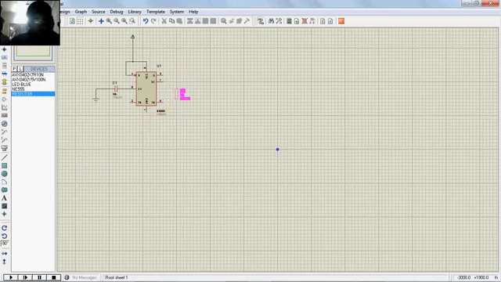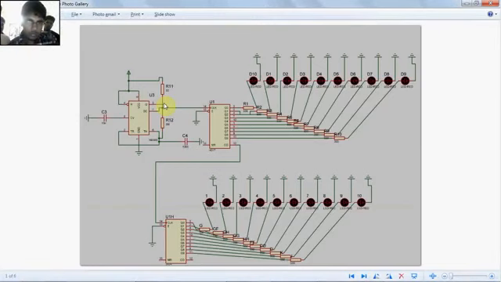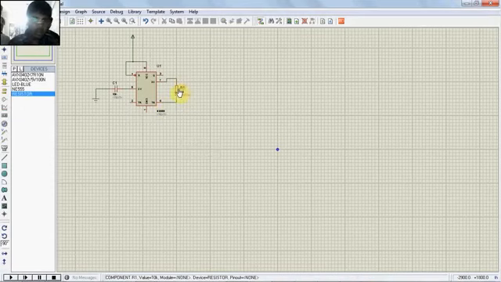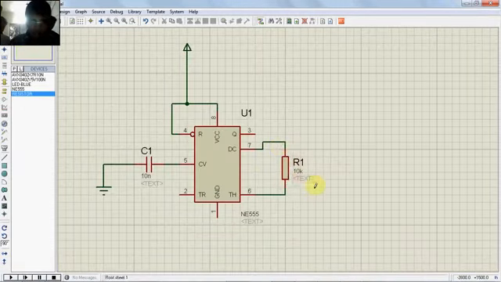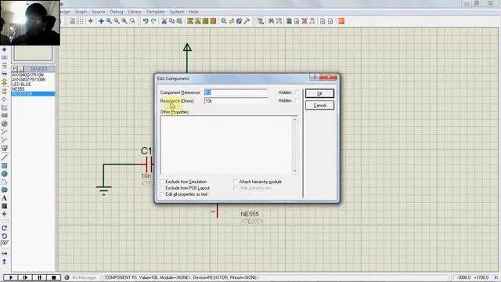And now you can give the resistance. Just double click on this, and here there is resistance, so you can write whatever resistance you need. I am using 2 mega ohm, 2 capital M, and press OK. You can see the resistance here. Now another resistor of 30 ohm.